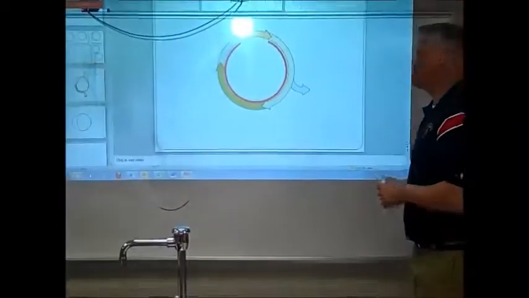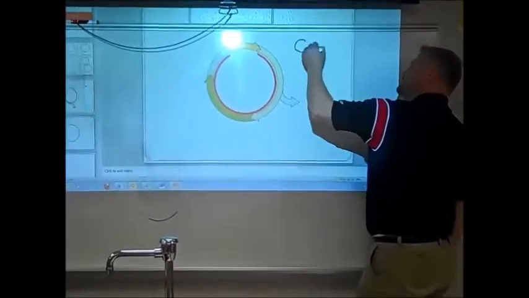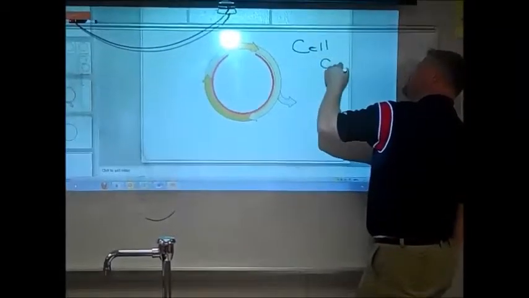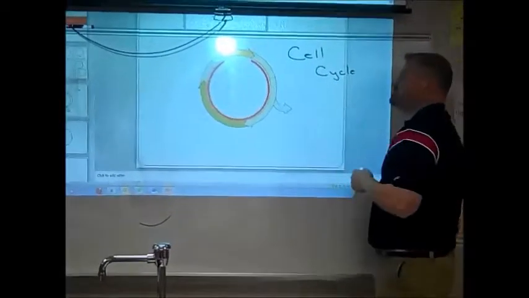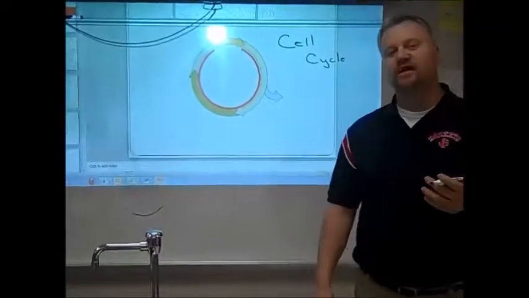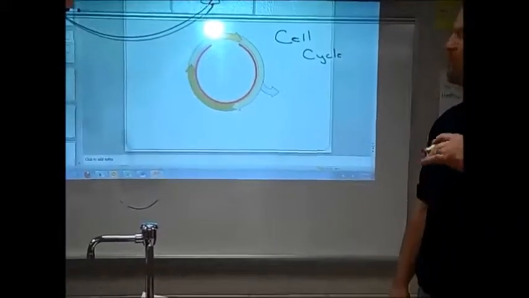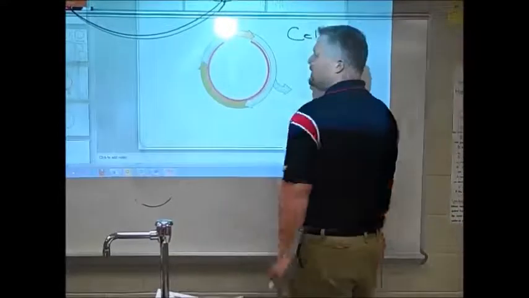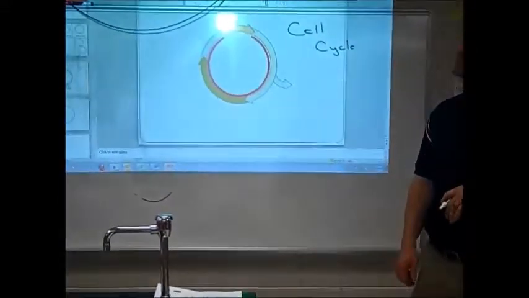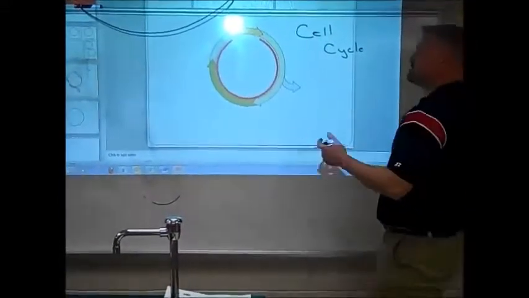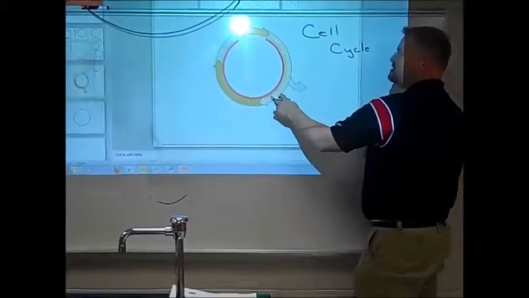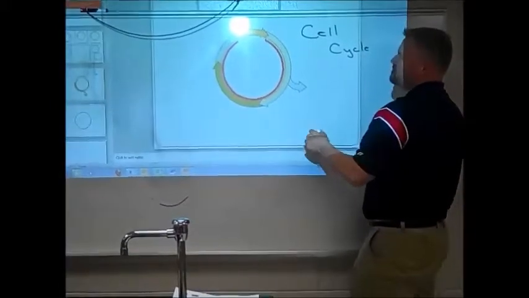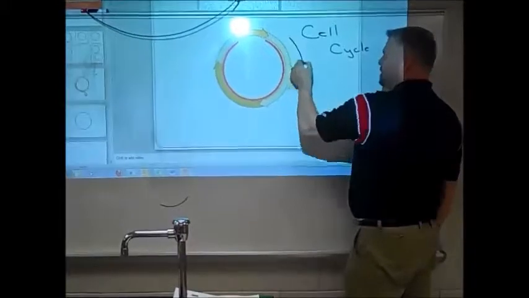Okay, so I'm just going to focus right now on the cell cycle, and basically just hit some of the key points and then move into just the M phase of mitosis, which would be right about here, and then work through each of the highlights there. So just starting off, the first thing that we're going to talk about is the different parts of the cell cycle. And so there are three main parts that make up